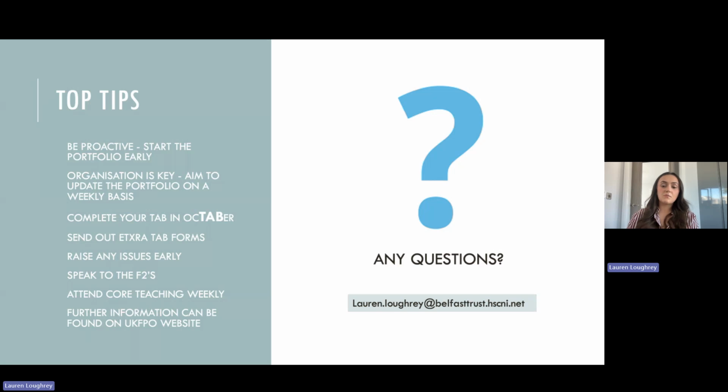So lastly, my top tips for the portfolio are: be proactive and start the portfolio early. Organisation is key. Aim to update your portfolio on a weekly basis and split it up into manageable chunks. Complete your TAB in October and always send out more forms than you need. Raise any issues with the portfolio early on in the rotation. Speak to the F2s if you have any issues, as they have just done this before you. Try to attend core teaching where possible each week and make use of the UKFPO website, as it contains lots